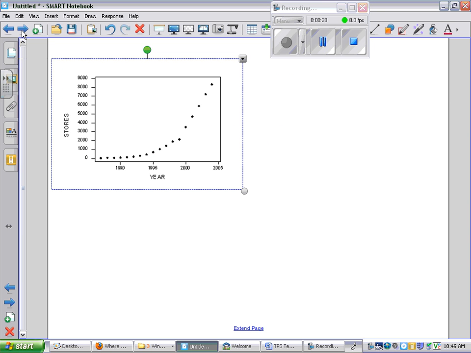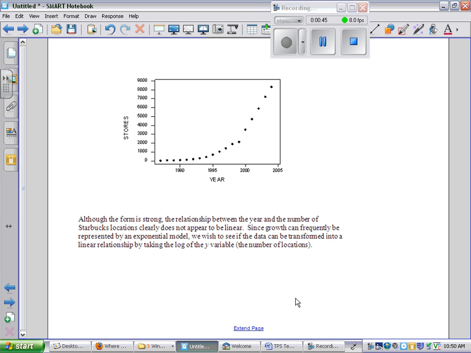If we look at a graph of the data, we can see a definite curved relationship, or definitely a nonlinear relationship. So what we want to look at is if we can transform this data and turn it into a linear relationship. Since growth can frequently be represented by an exponential model, we're going to see if the data can be transformed into a linear relationship by taking the log of the y variable, or in this case, the log of the